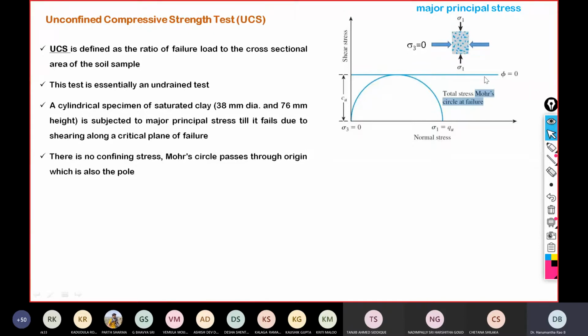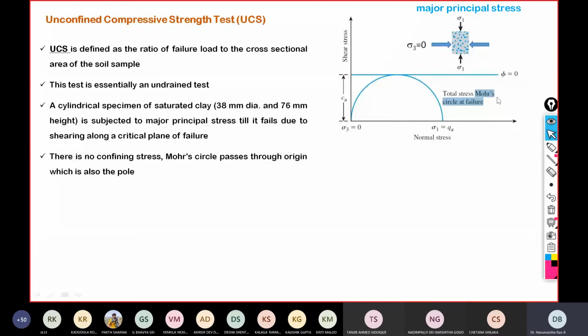Now phi equal to 0 means the slope of this horizontal line is 0, since the line is horizontal. So here the slope as well as the ordinate represents the soil properties. Now what are those soil properties? The ordinate Cu is called the cohesion of the soil sample. And the slope of this horizontal line, here it is 0, but if it is inclined, that is called phi greater than 0. And this phi represents the angle of internal friction of a soil.